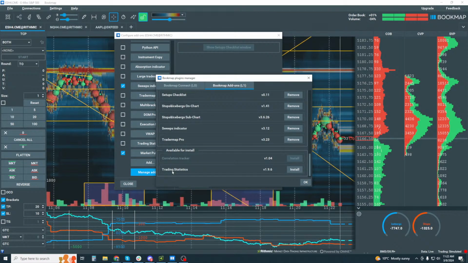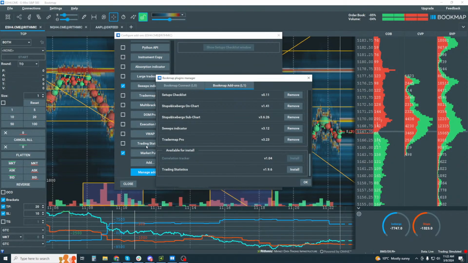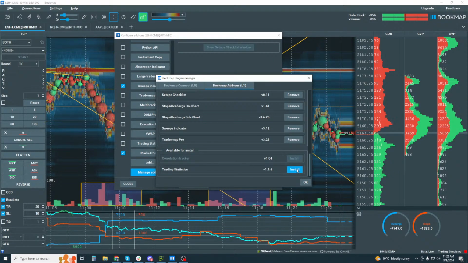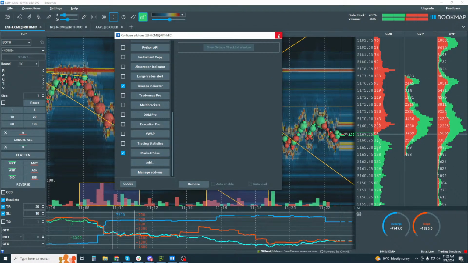Here's a new one. It looks like here, trading statistics. I think I'm using a special one. Otherwise, just click on install here, and you're good to go. All right, now what you can do is